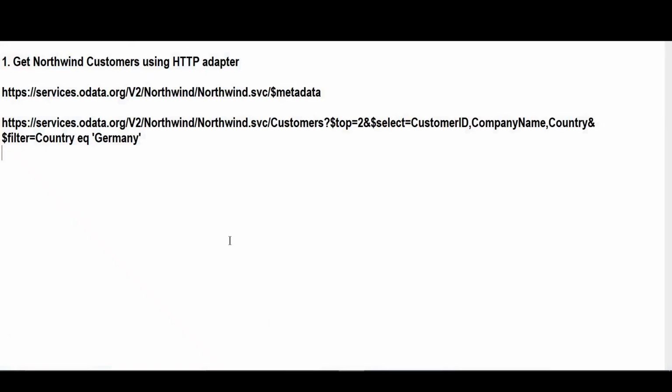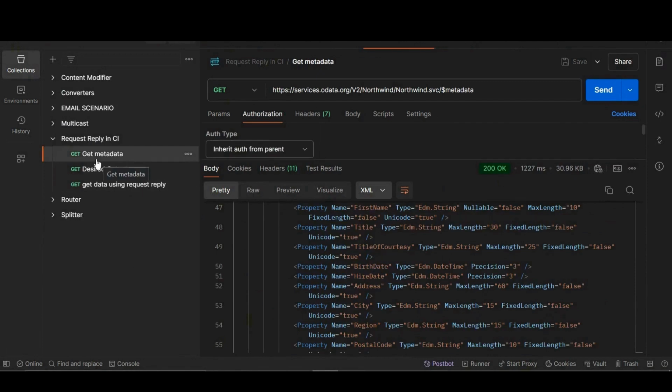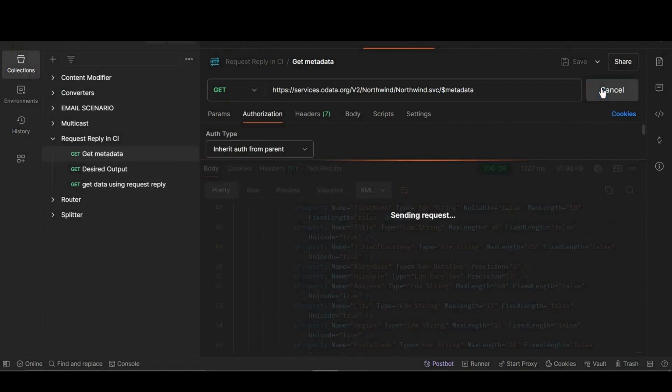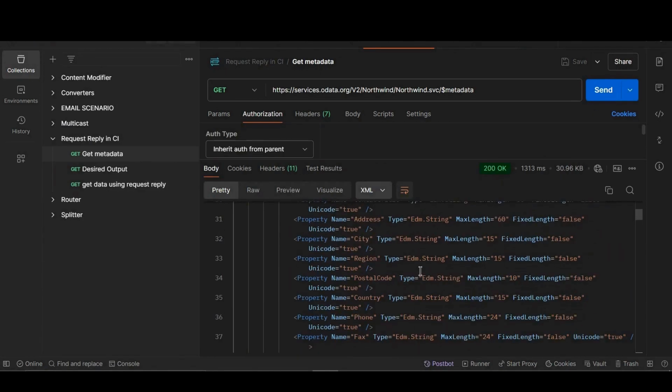So here, this is the metadata Notebook version 2, and the second one is a queryful endpoint that we are going to use. Now, we will go to our Postman. Before the actual development starts, we will run the metadata to see the data first. Here you can see that this is our metadata. We'll click on send. So the metadata is absolutely working fine,